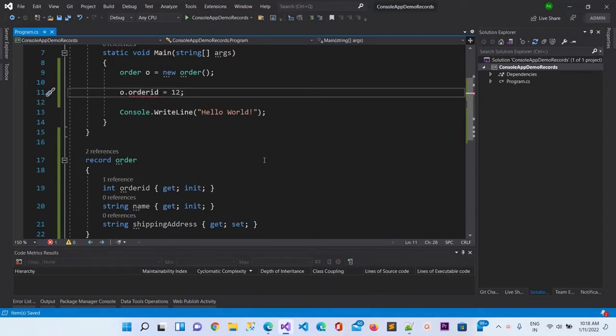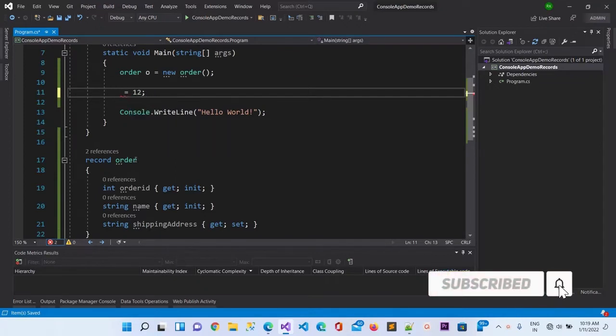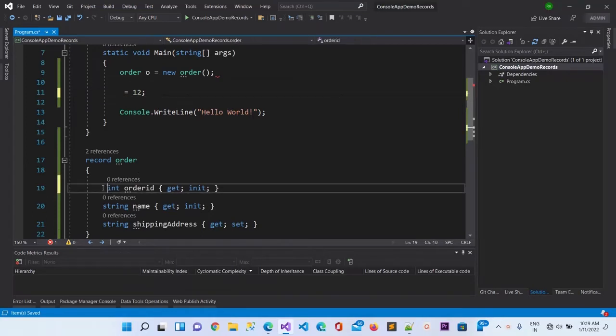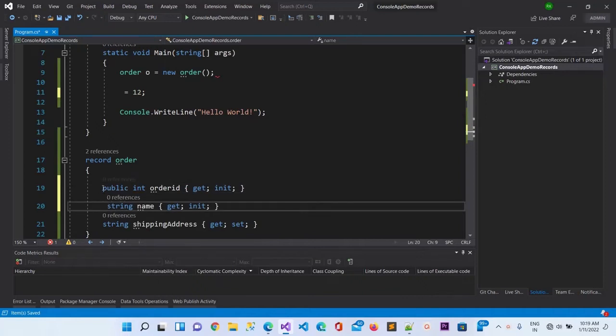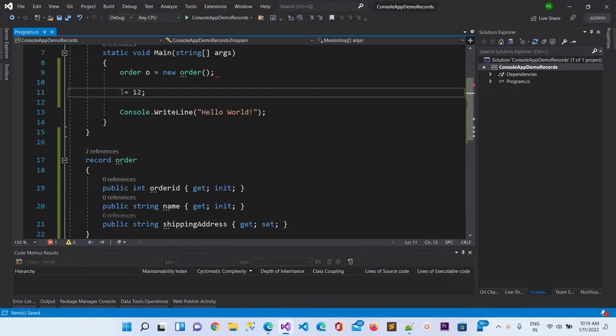So you can see here we are not able to assign the value to the order id. Let me put here, okay, just a minute, here also I need to add public. Let me first put here the public, and here as well it will be the public. Okay, and once again let me put here o dot